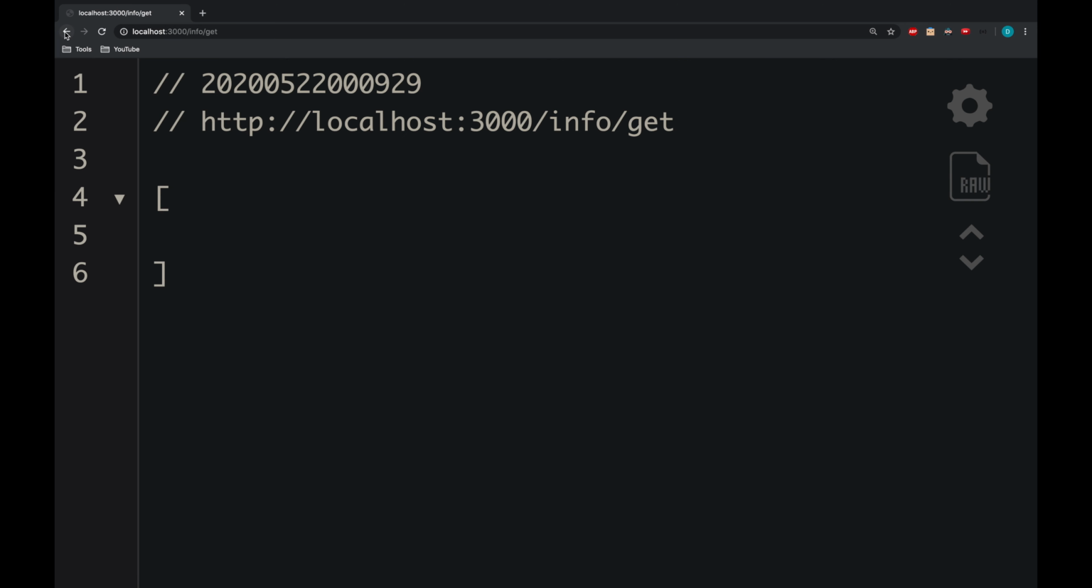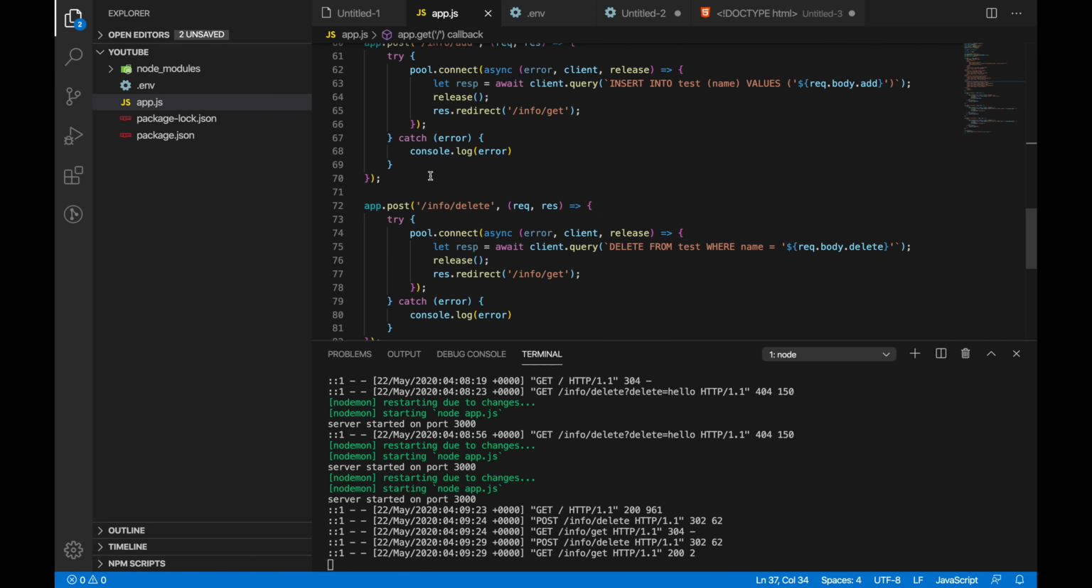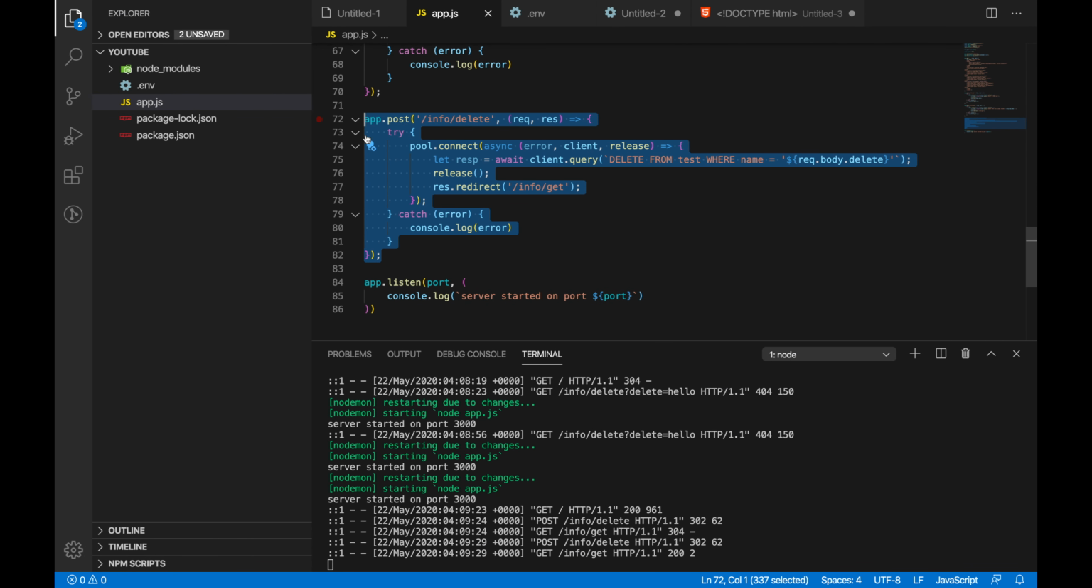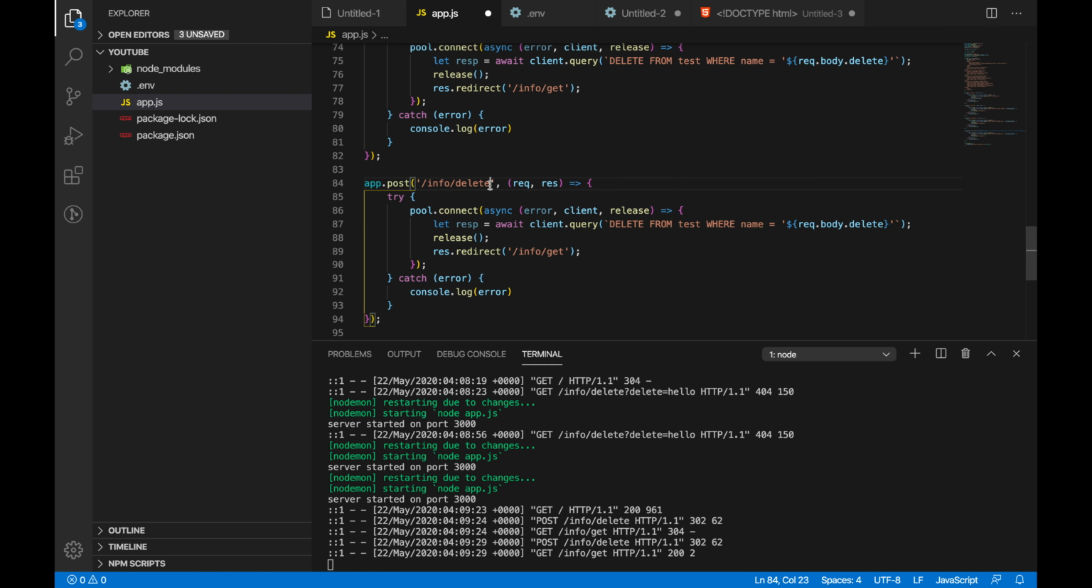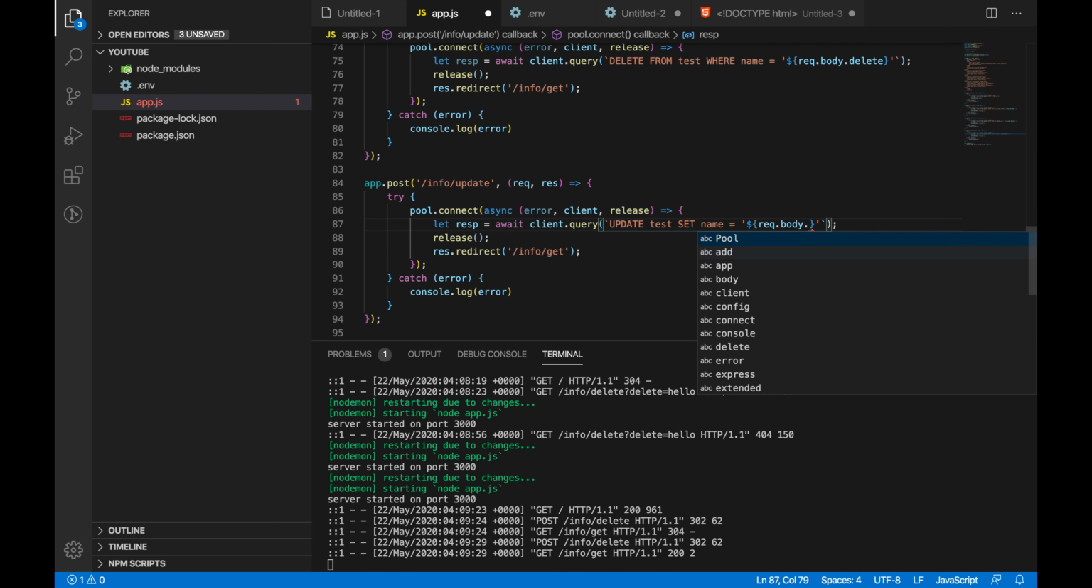Okay, so now that's working, and we're gonna go back, and then we're just gonna go to, let's copy this, go here, and then we're gonna go to update. And then this is going to be essentially the same thing. So I'm just going to copy the query, and it's going to be a slightly different query, which is going to be update test set name equal to